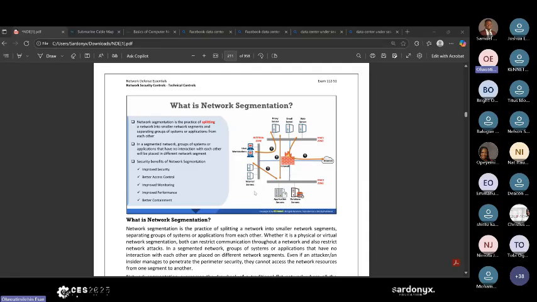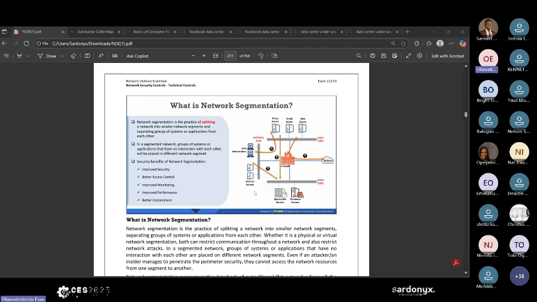Also, it makes troubleshooting very important and containment very important. That means if there's a particular department that is having an issue, you can easily contain it. Or if there's a device that is having an issue, you can easily know where to contain it. For example, if there's a spread of malware, you can easily contain that attack if you segment your network. But if you don't segment your network, it will be very hard to troubleshoot, contain, or remediate. So segmentation is very important.